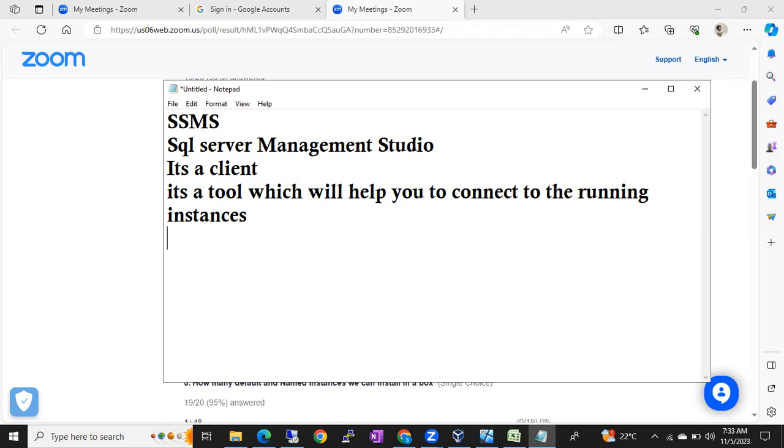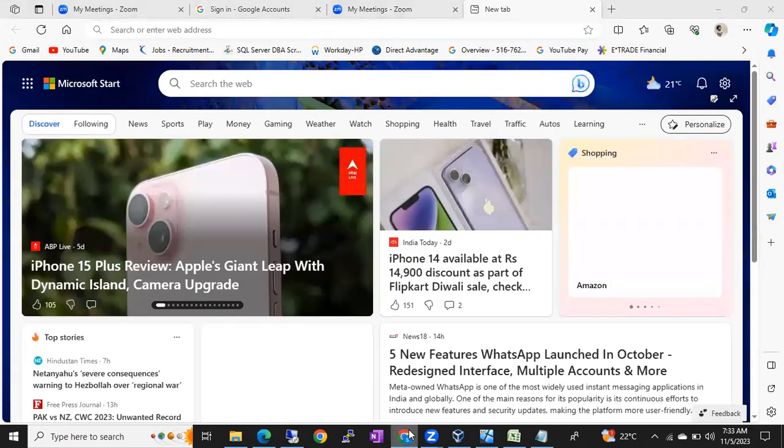So SSMS is an application which will help you to connect to the running SQL servers. The servers should be up and running, then only we can connect to the SQL server. So from where we can get the SSMS? Generally,